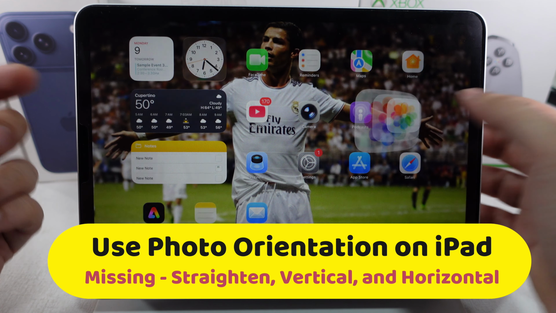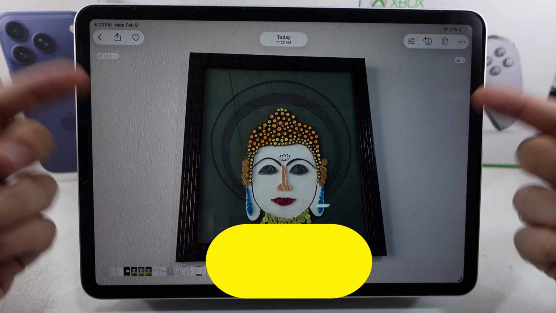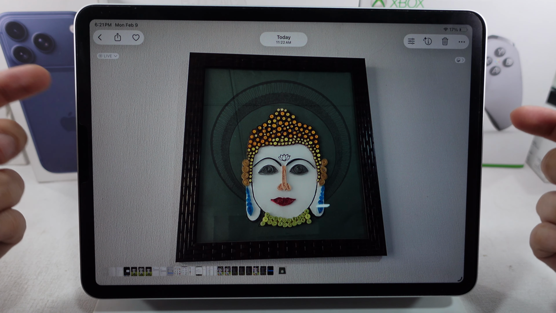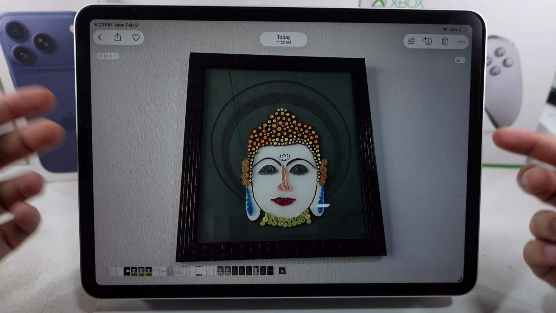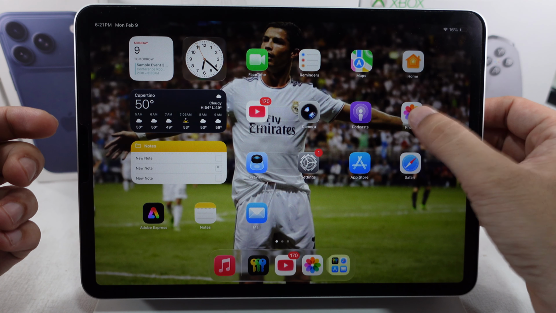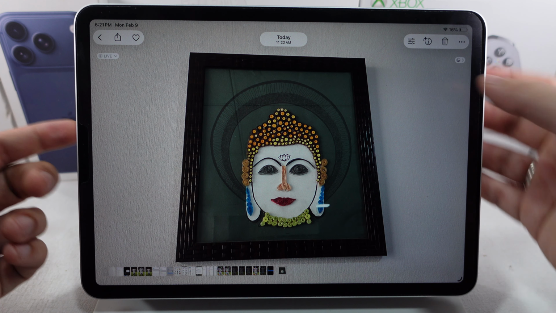Here's how to fix missing photo orientation tools on your iPad when the rotate or crop options like straighten, vertical, and horizontal are not showing in the Photos app. Let's jump right in. Open the photo in the Photos app, tap the edit icon in the top right corner,